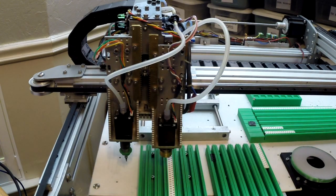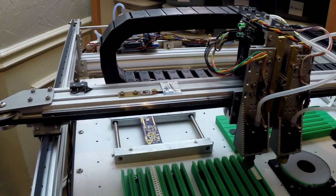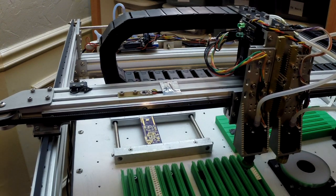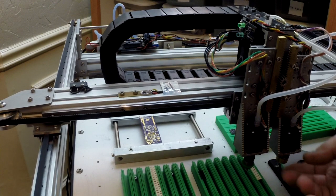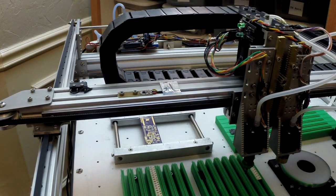Up on the top of the head, let's see if we can get up in here. There is a little circuit board, and behind that circuit board are mounted 2 MPX5100 pressure sensors, and that I'm going to use to detect whether or not I picked a component or not. But an interesting thing, since I had that mounted on here, and it goes to the input of the Smoothie board on, I think, the 3rd and the 4th temp sensor inputs,